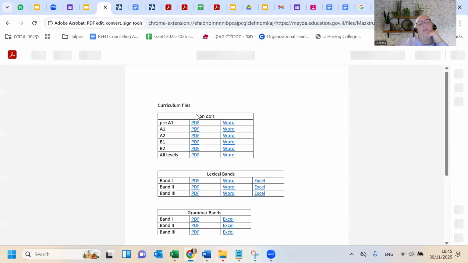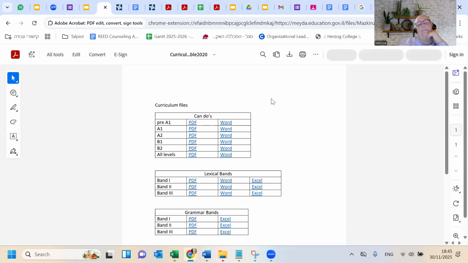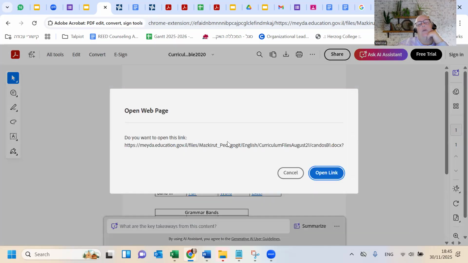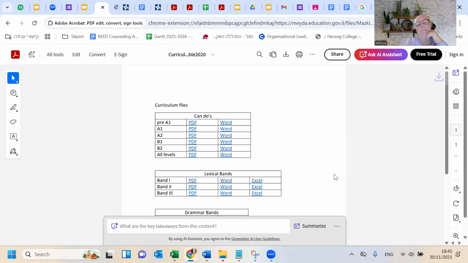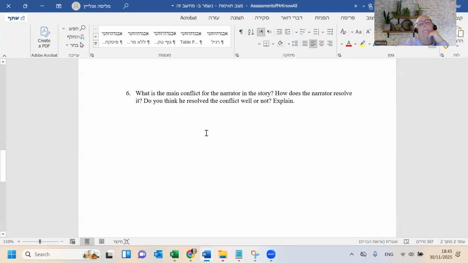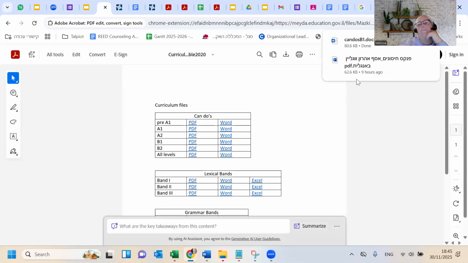If it ever opens here, okay, here we have curriculum files. We'll open the B1 Word document. Extremely slowly. This is not it yet. Here.